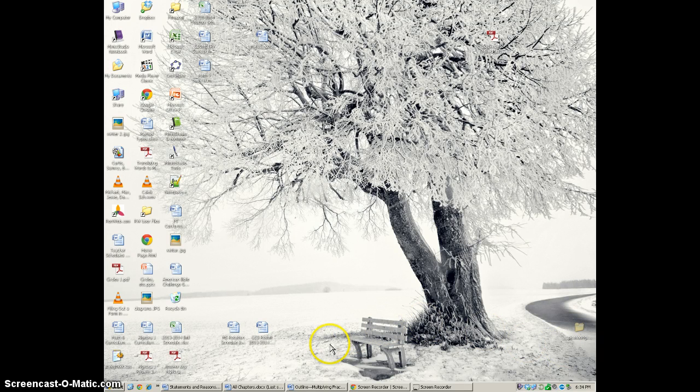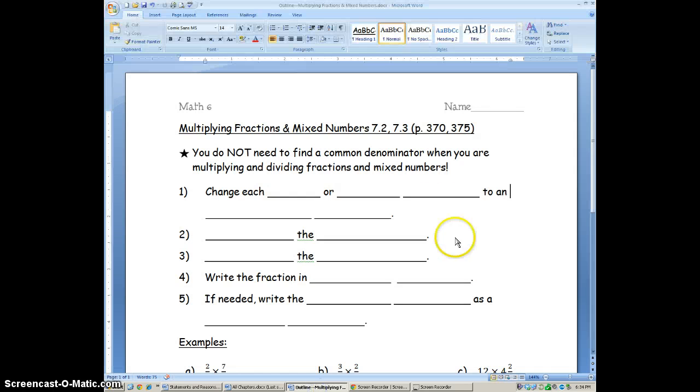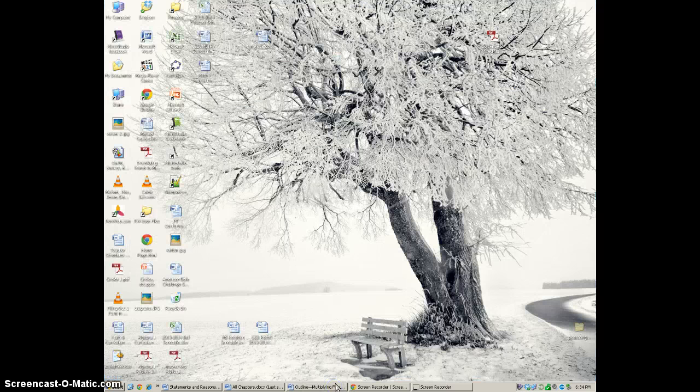I already have mine open down here. It's a multiplying fractions and mixed numbers worksheet, and I want to be able to fill in the blanks with my students as we go through the outline. After you have opened the worksheet, then you need to open the Mimio notebook. It's on your desktop probably. It's a purple notebook icon. So you open that,